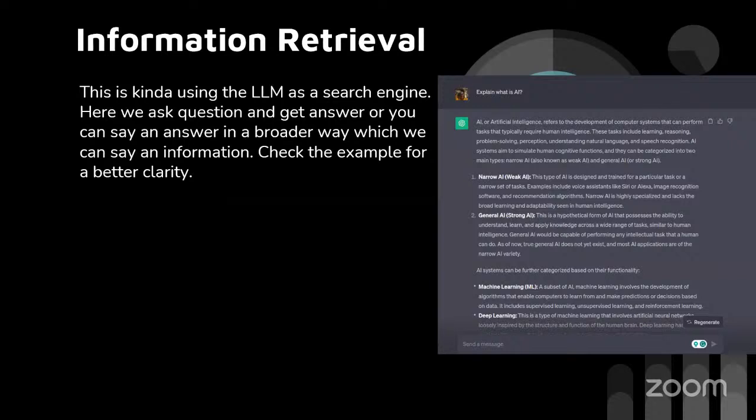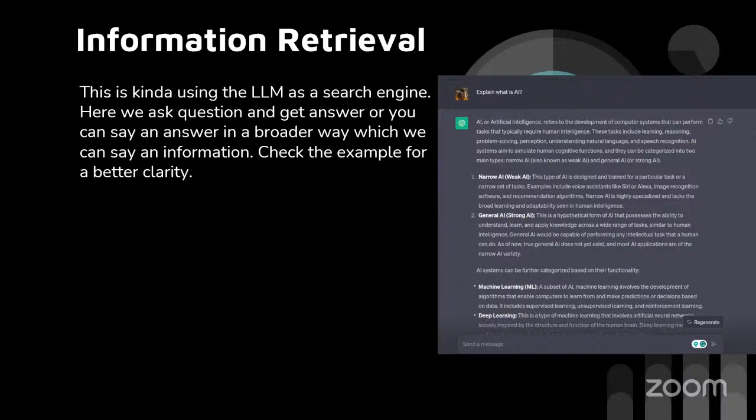Information retrieval. This is kind of using the LLM as a search engine. Here we ask a question and get an answer, or you can say an answer in a broader way, which we can say is information. Check the example for better clarity. I'm saying, for example, explain what is AI. So over here, you can see it's saying that